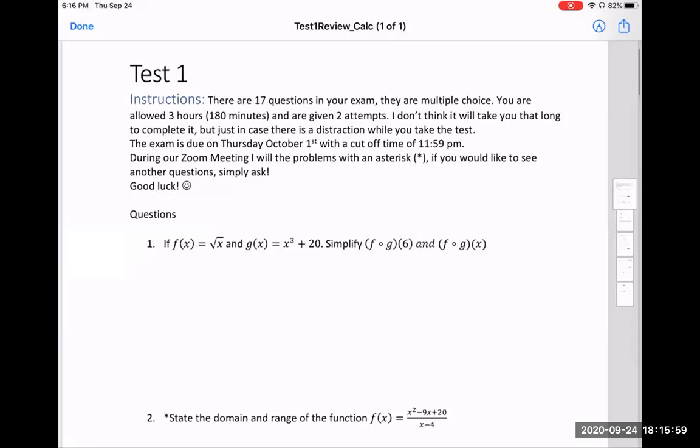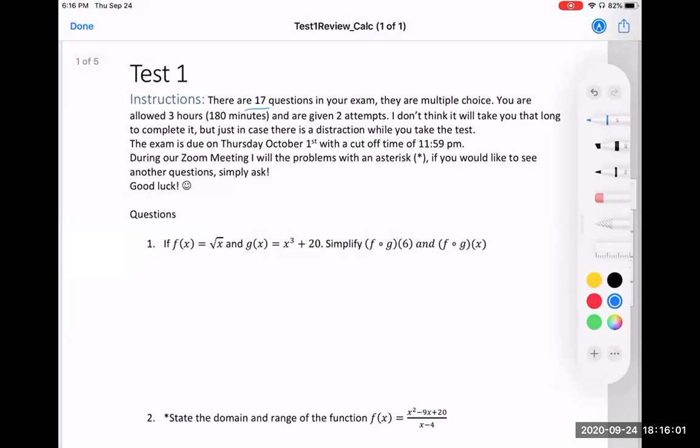So your test is made up of 17 questions. They're all multiple choice. You're allowed 3 hours. You do not need 3 hours to take the test, maybe an hour or so, but I give you a lot of time just in case something happens. I know you're at home, we have some distractions. So that's just to cover all the bases. You're given 2 attempts,